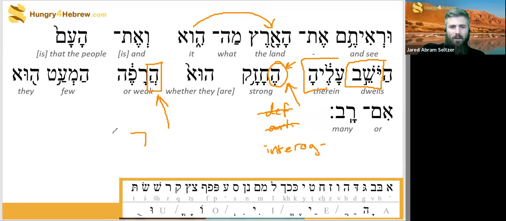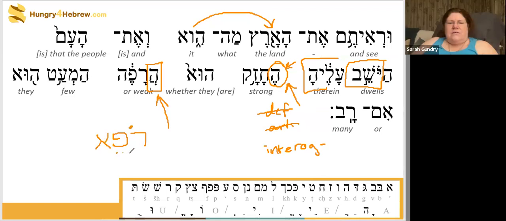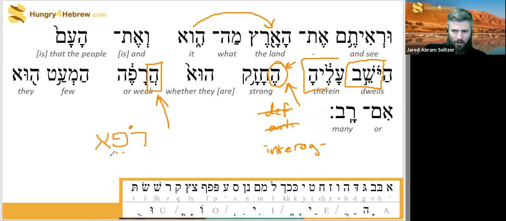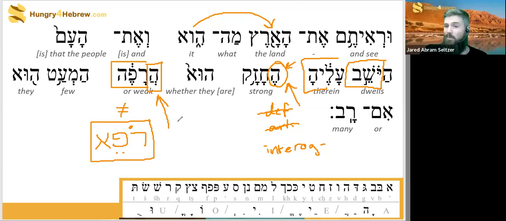I'm afraid not. Well, I mean, okay, so when we talk about a rofe, it's spelled with an aleph. However, it could still etymologically be related, but if you look it up in the dictionary, this is listed as a separate root having to do with a state of being weak, and a rofe is a healer, someone who restores health. So in that sense, they're opposites, even though they're so similar.